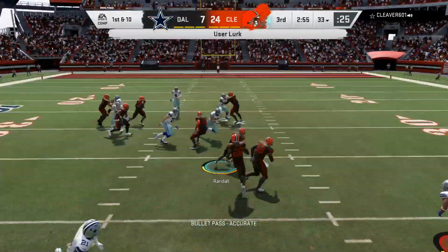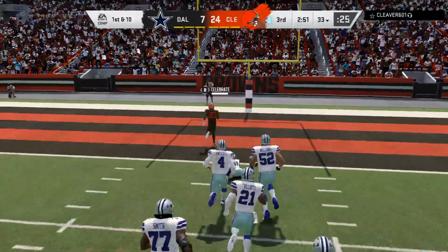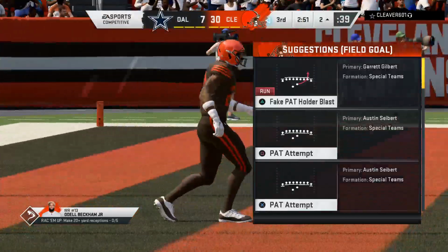And his pass is intercepted for the 4th time today. Picked off by Demarius Randall, and he'll score. Touchdown, Browns. This D wanted to